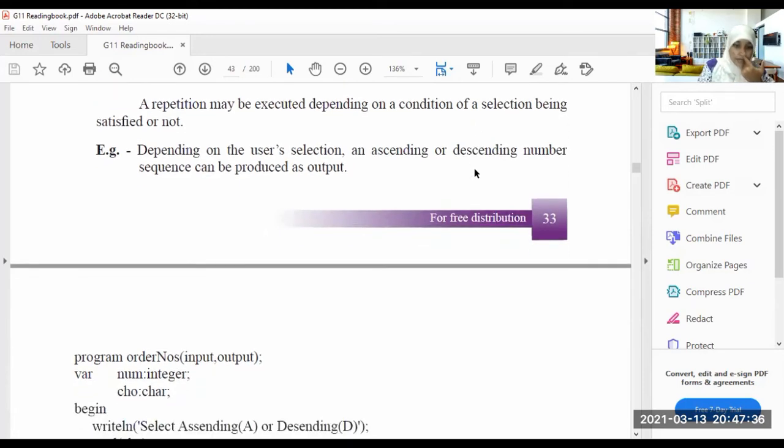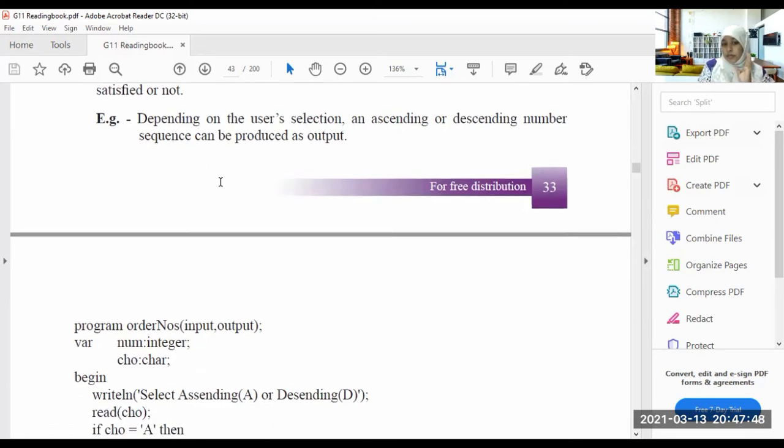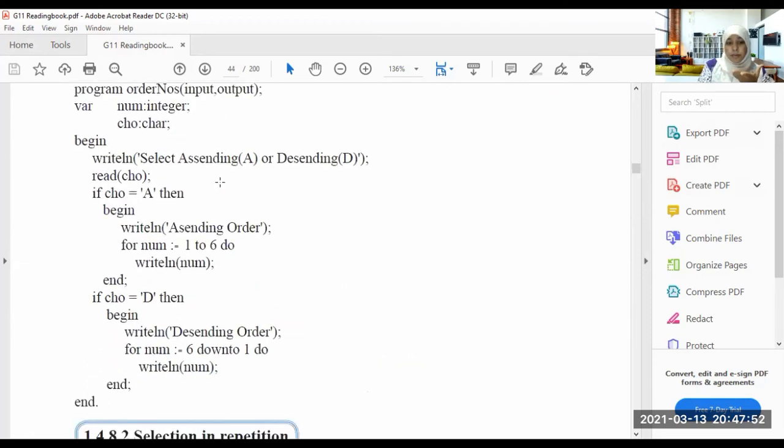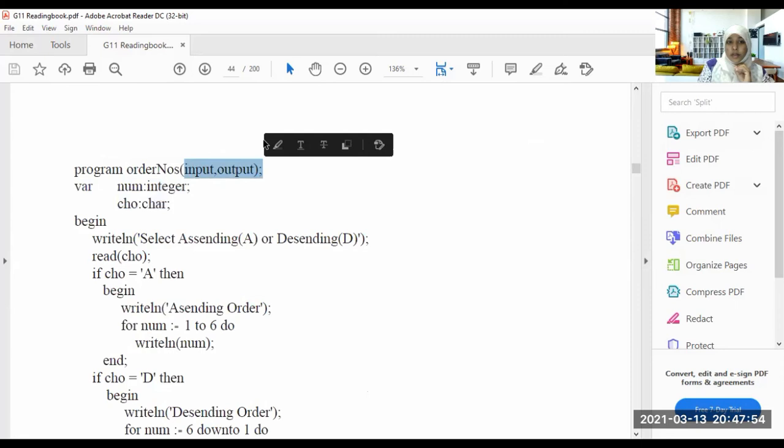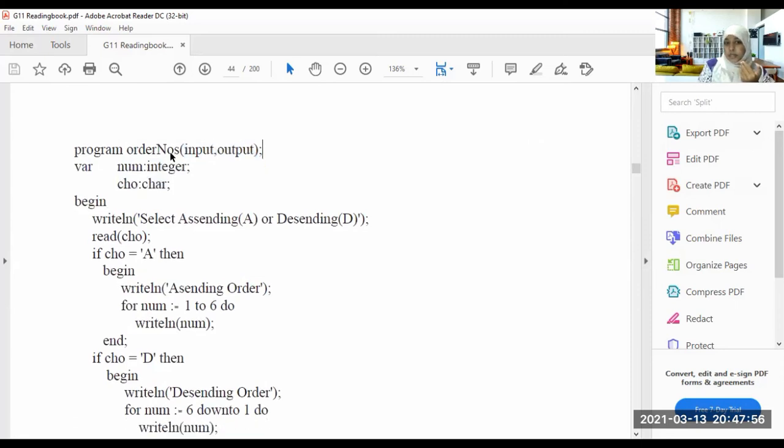For example, depending on the user's selection, an ascending or descending number sequence can be produced as output. For example, here, program order numbers.